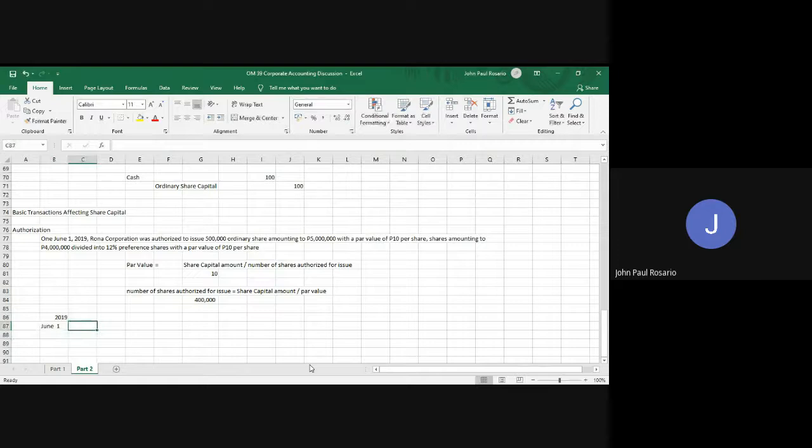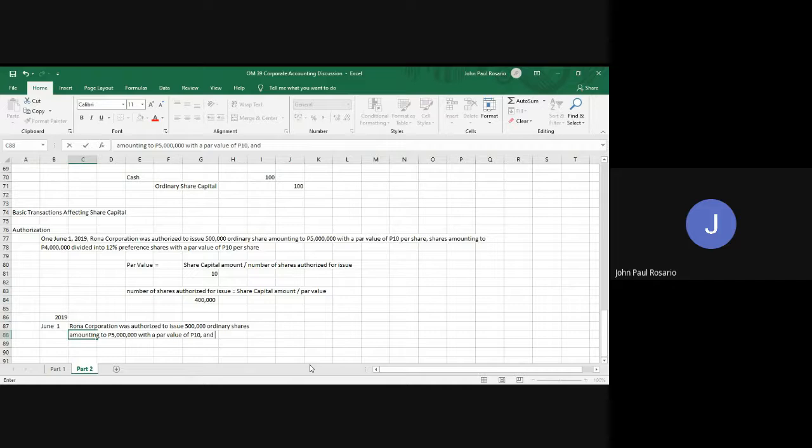So your memorandum entry is: the corporation was authorized to issue 500,000 ordinary shares amounting to 5 million pesos with a par value of 10 pesos, and